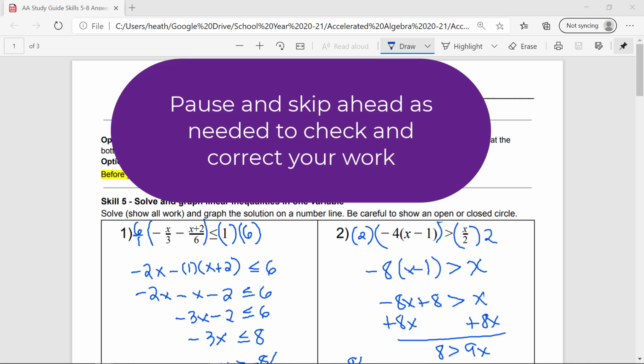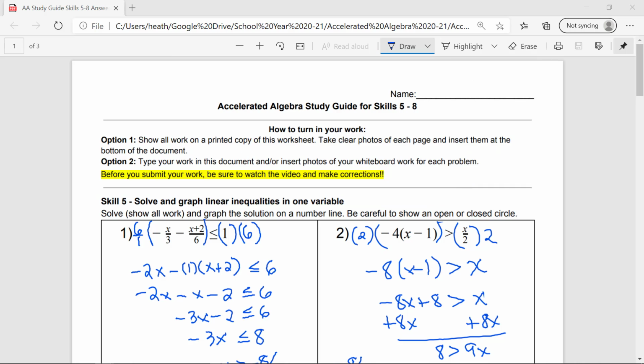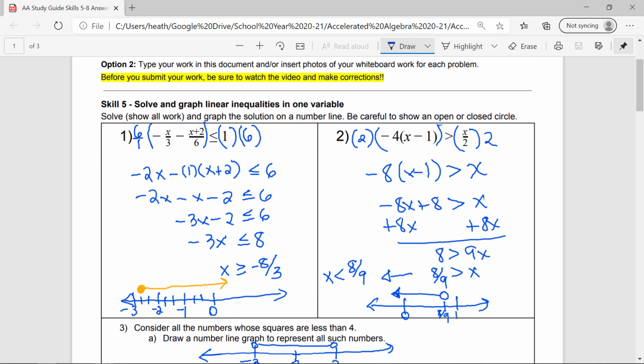Hi, Accelerated Algebra. So this video is to check your answers and make corrections. If you need to pause it at any time to make a correction to one of your problems, make sure you do that. The biggest thing to look out for here on number 1 is to be sure that you